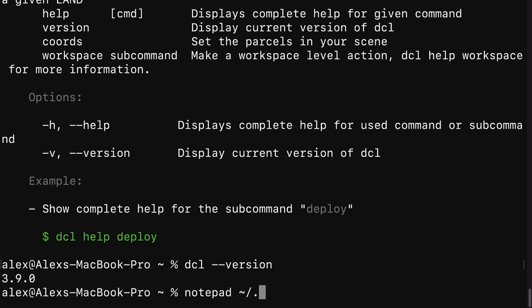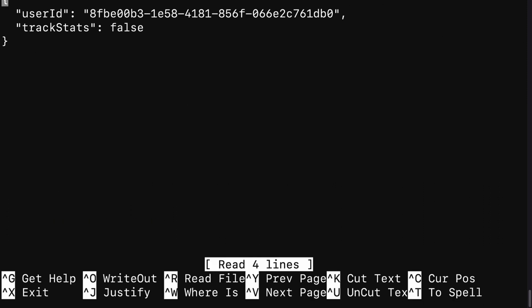So that is the command for Windows. If you are on Mac, use the command nano followed by ~/.dclinfo and hit enter. You should see your user ID and your track stats, two properties for the Decentraland info. The user ID you shouldn't change, but the track stats you can change from true to false.